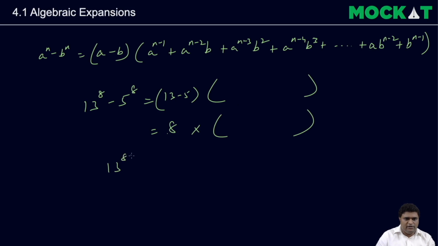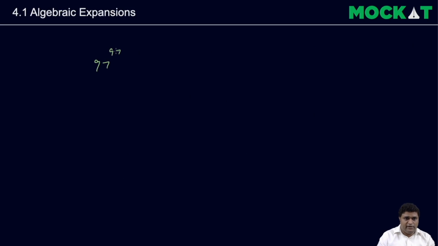So therefore 13 power 8 minus 5 power 8 is always divisible by 8. Likewise, 97 power 97 minus 15 power 97 is always going to be divisible by the difference between 97 and 15, right? So which is 82. So you could be given a question wherein you're asked 97 power 97 minus 15 power 97 is always divisible